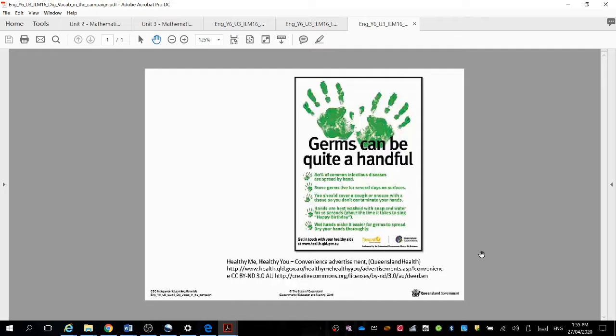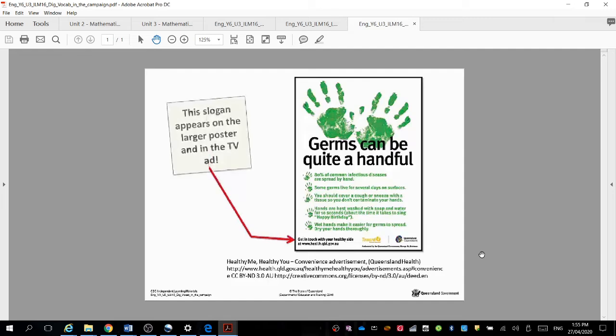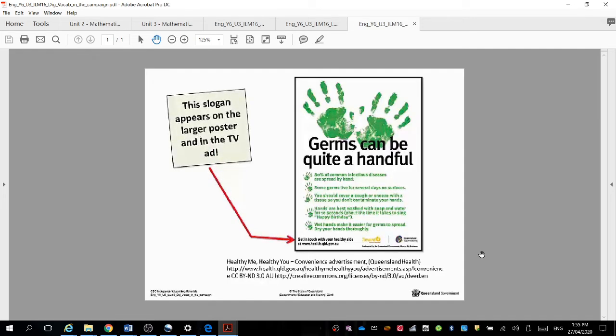The slogan for the campaign is, "Get in touch with your healthy side." It can be found on the larger poster and in the television advertisement. Touch is a clever way to describe how germs can be spread. Touching spreads disease. This is also a metaphor, because you can't actually touch your healthy side. Which side of you is healthy anyway? What this metaphor means is that you should find out how healthy you can be by following what they suggest